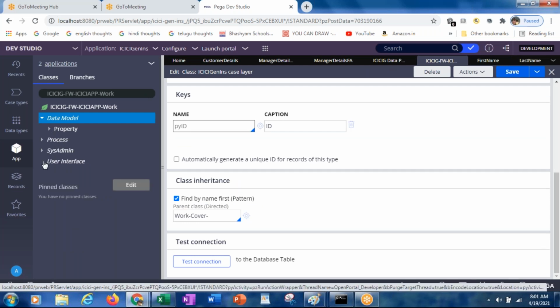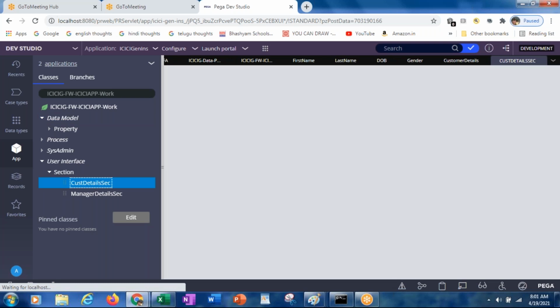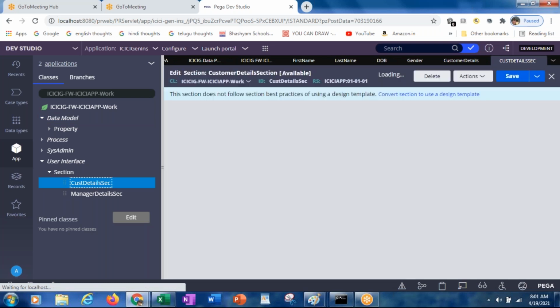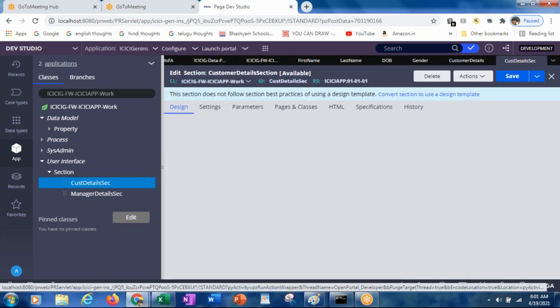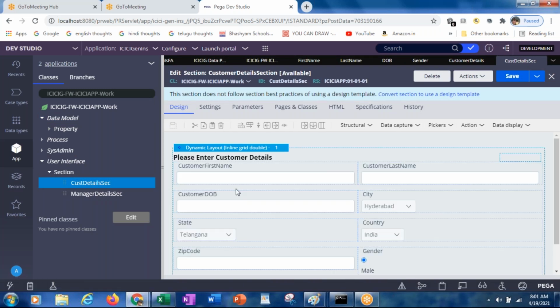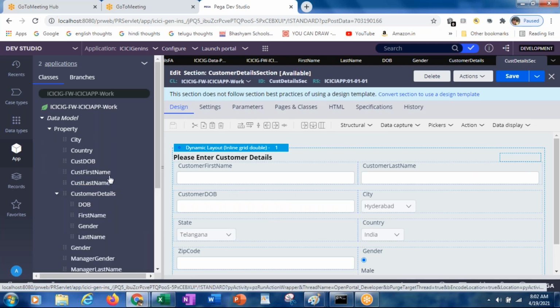Under the user interface section. Okay, first customer details. So now here we placed all the properties, right? Which we created directly under the data model, like this cust first name.